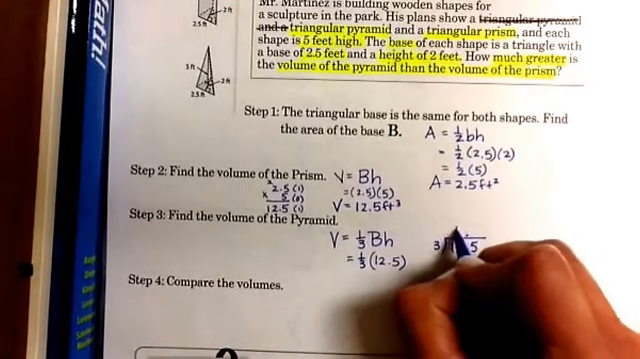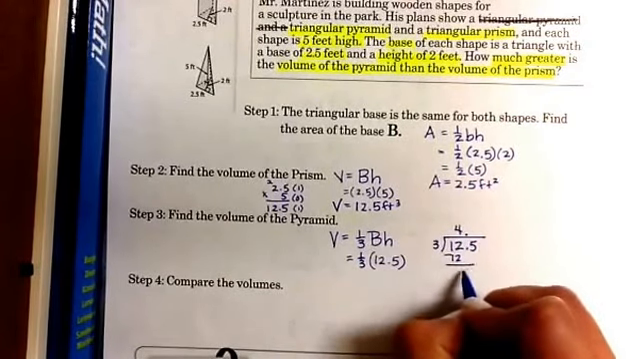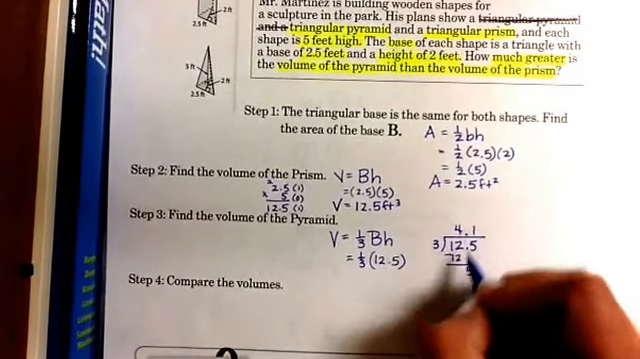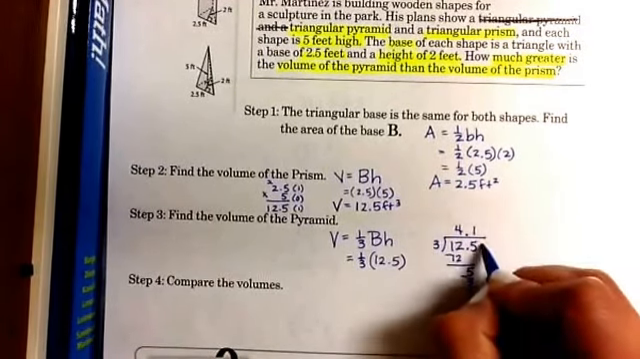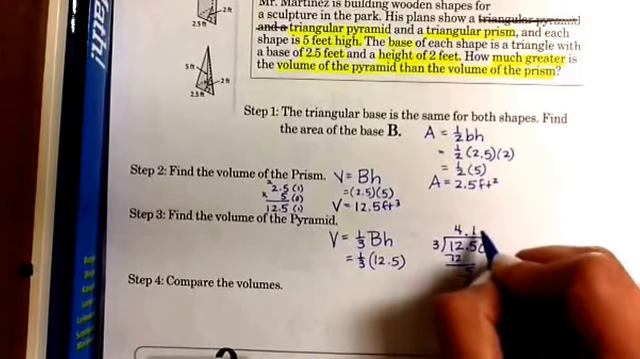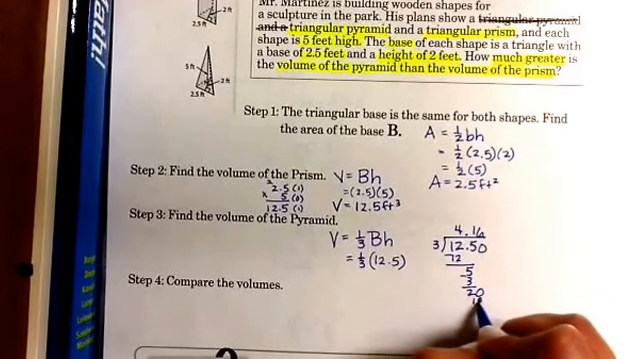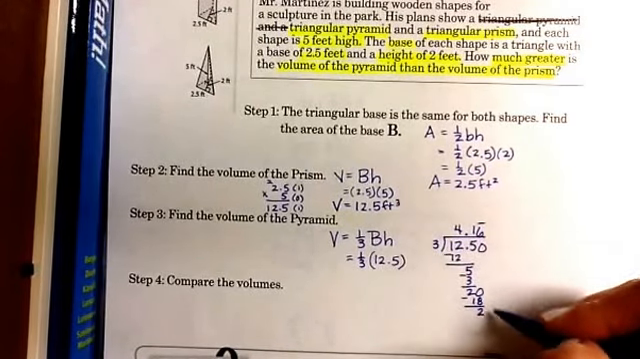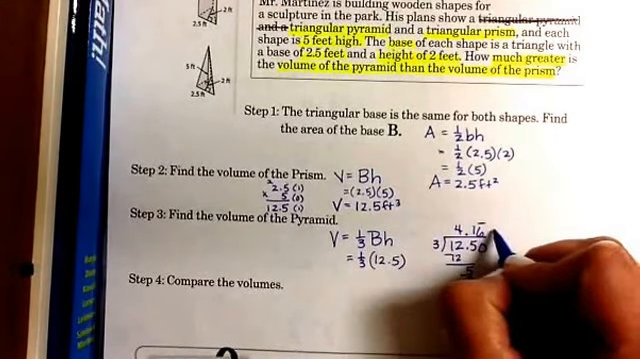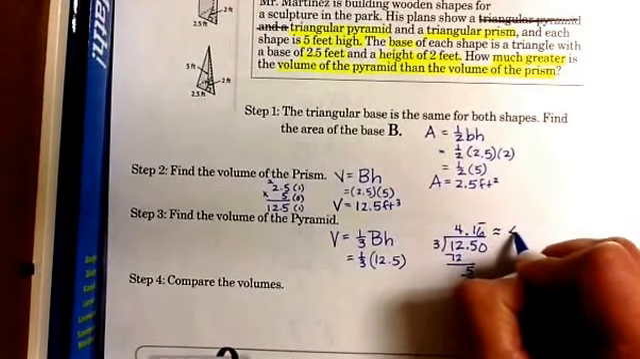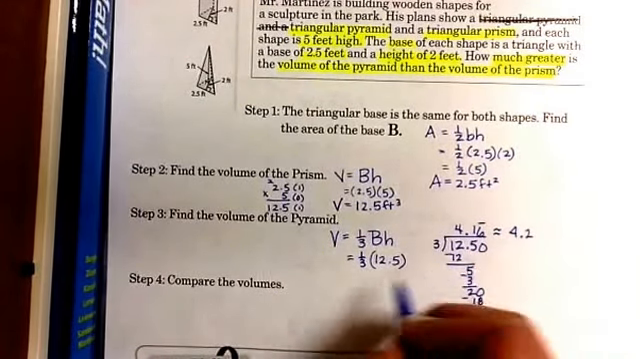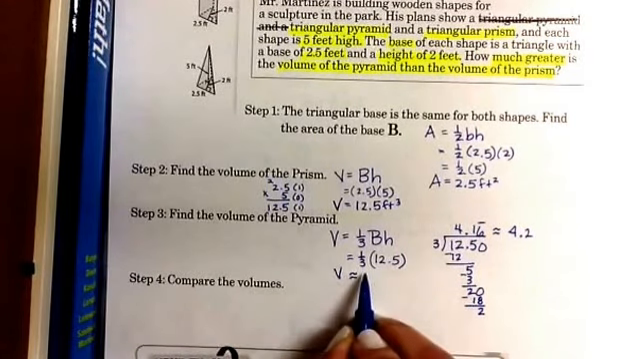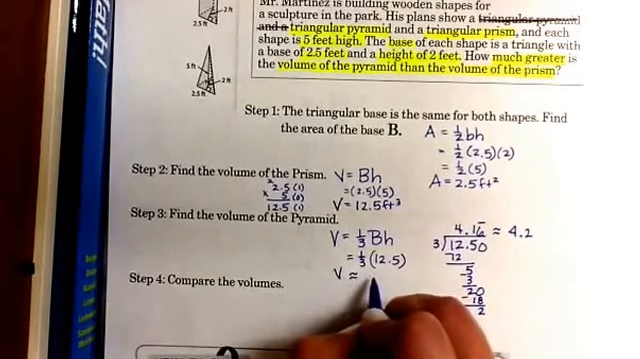3 goes into 12 4 times. Bring down, divide again. That is only going to go in once. We're going to add a 0, bring it down. 3 goes into 20 6 times, which is 18. I'm going to keep getting the 20 and 18. We are going to go ahead and round this to about 4.2. So our volume of our pyramid is approximately, those wavy lines, 4